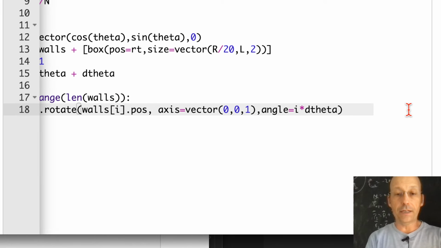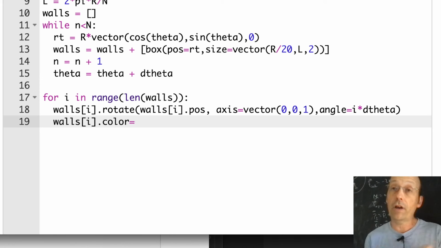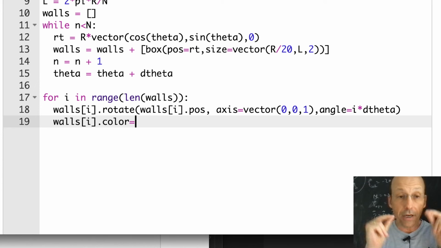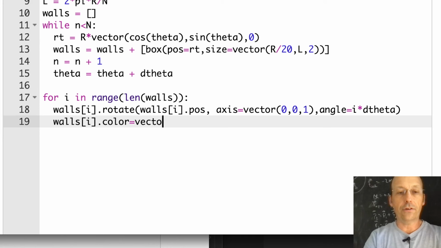I'm going to give them a different color. So walls i dot color equals... You can give it color dot red, color dot green, color dot blue, color dot magenta, and so on. But color is a vector: red, green, blue. So I can give it red, green, blue values. Let's just say vector